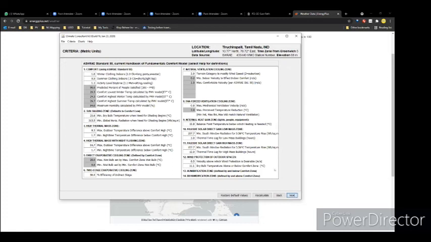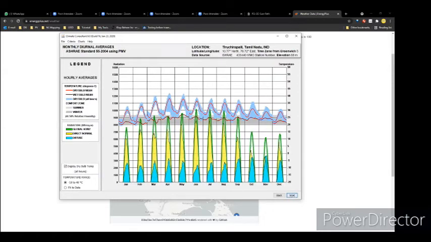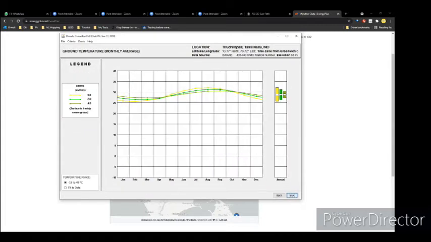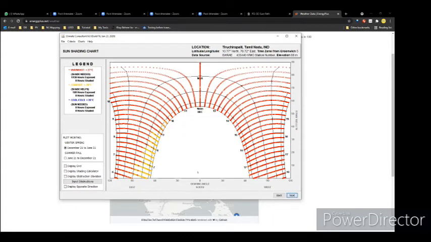So once you go through this, you can see different kinds of representation of data, like in terms of temperature, the diurnal variations, what kind of radiation is there every month, or what is the sky range, velocity, the ground temperature. So for example, if you go 0.5 meter below the ground, it's around 24 degrees. So you can use other passive techniques like using pipes to ventilate the air. But what I'm more interested in showing you is this one.